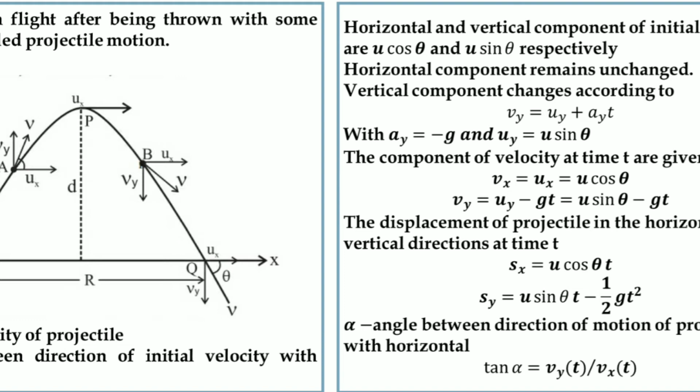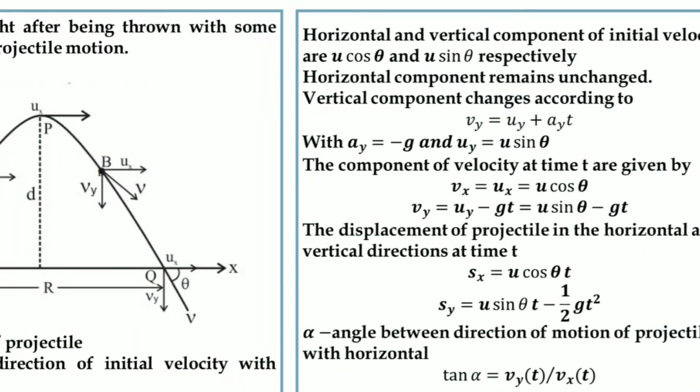It is because, as I told you earlier, there is no force acting on that object along the x direction. So the velocity of the horizontal component, that is ux, is constant. The vertical component changes accordingly. You have seen this equation, v bar is equal to u bar plus a bar t. We can write that equation in terms of the y direction, or the vertical component of velocity, that is Vy is equal to Uy plus Ay t. Here Ay is equal to minus g.